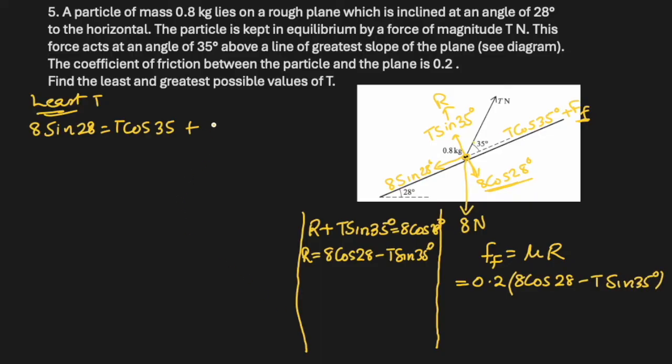This is what we will use here: 0.2 times 8 cos 28 minus T sine 35, and our purpose is to find T. So we'll have to open this bracket. So first evaluate 8 sine 28. 8 sine 28 comes out to be 3.7558, and there are more digits but I have rounded it off. Cos 35 T will be